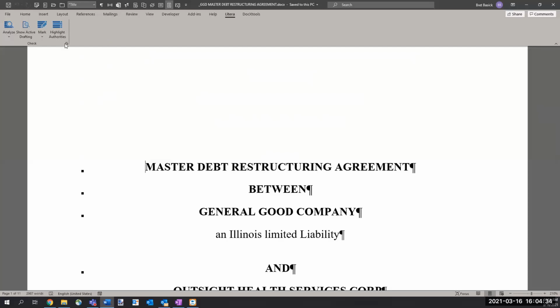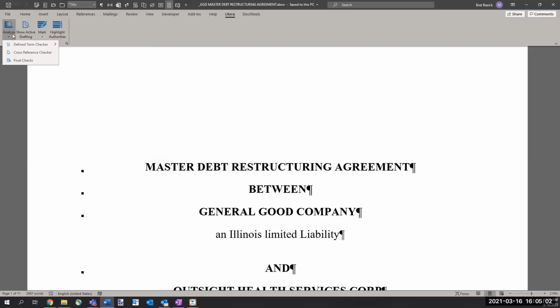So first and foremost, I want to talk about this Analyze button. This Analyze button looks from a very high level at the entire document and will open up a task pane with a categorical view, allowing you to choose each category and drill down into that particular area of the document. Now you'll notice also that this Analyze button is a drop down. So when I click on the drop down, we can see that we have some more specifics with regards to